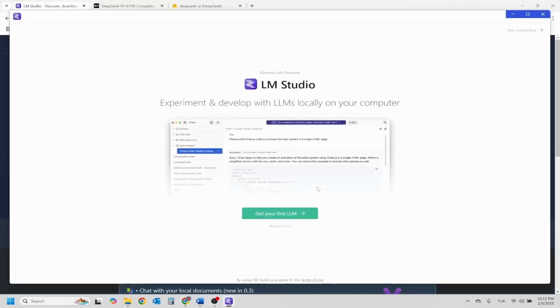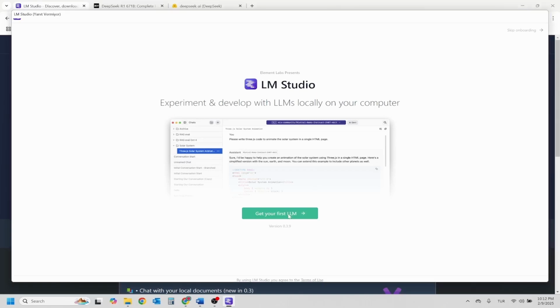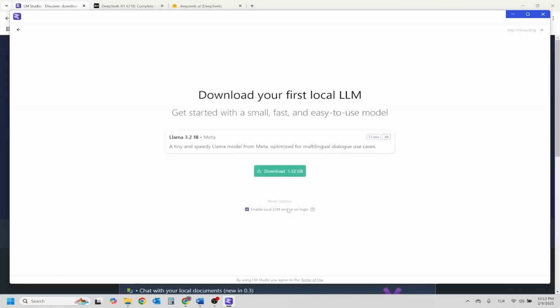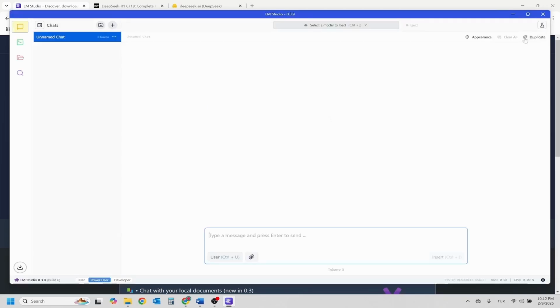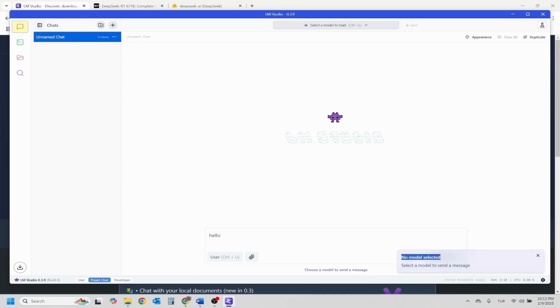Let me briefly talk about this application. This application is a chat box, a tool that allows us to use open source artificial intelligence models, we say go ahead. Since there's no artificial intelligence database integrated in our application, we cannot get any response. For example, let's say hello. As you can see, it gives the warning that there is no model.